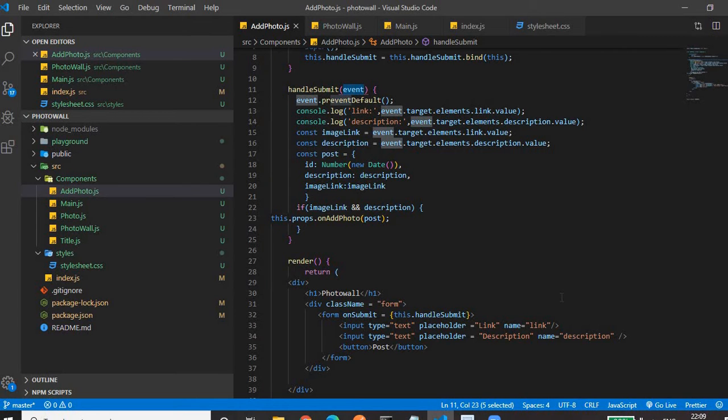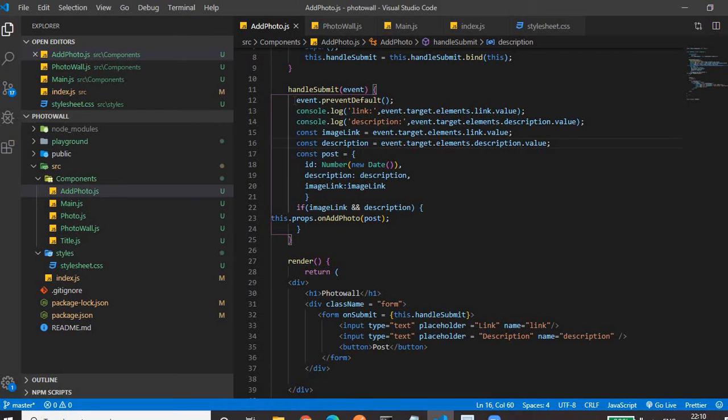So we are retrieving the values of this form, whatever the user has entered, by using this syntax. This is JavaScript syntax. event.target will give us the form, then .elements will get all the form elements, then .link corresponding to the name value that we have given, then .value will get the value for this input field, like for description .value.